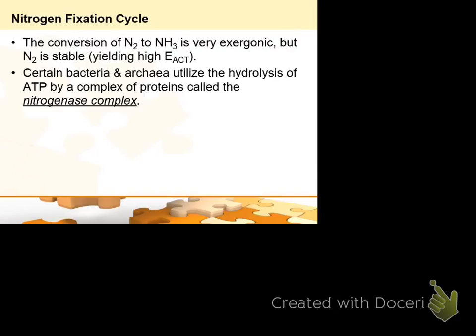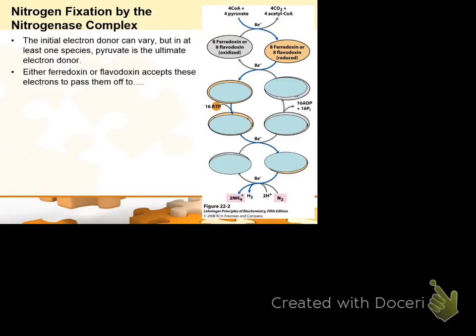So then what happens is certain bacteria and archaea will utilize ATP, since N2 is so stable, to break it down. And they have a whole complex that I do want you to be able to discuss called the nitrogenase complex. So nitrogenase complex is what's going to ultimately be breaking it down. Okay. And it's a series of oxidation reduction reactions. I've got pictures. They're cartoony kind of pictures coming up. It's breaking down. Oh, I'm going to show you. It breaks down into,